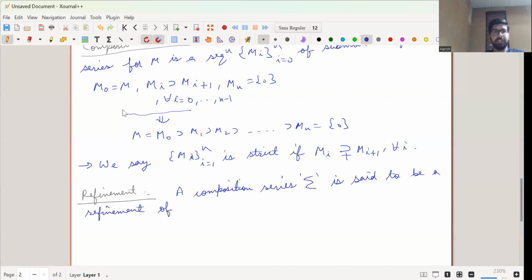So there are two series. Say I will use sigma 2, and it's said to be a refinement of sigma 1